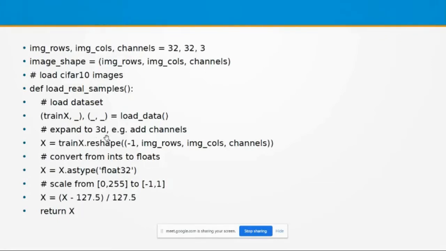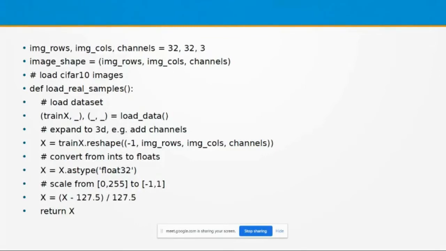Then again, expand to 3D, add channels. We are going to process this architecture with the help of an array of processors. That means graphics processing units, GPUs, are used for processing this model.